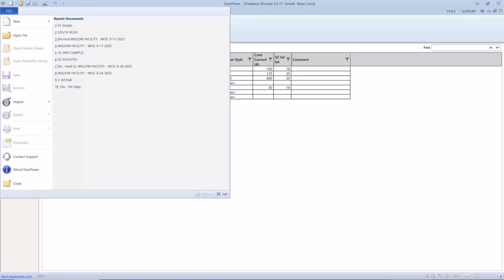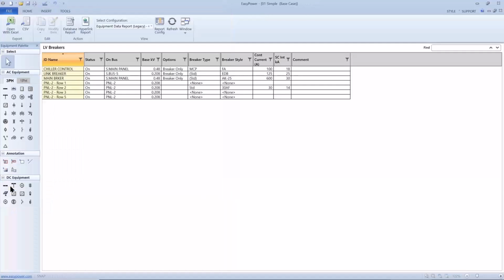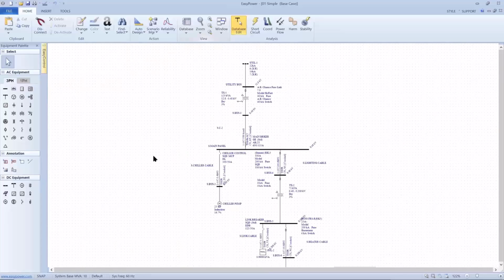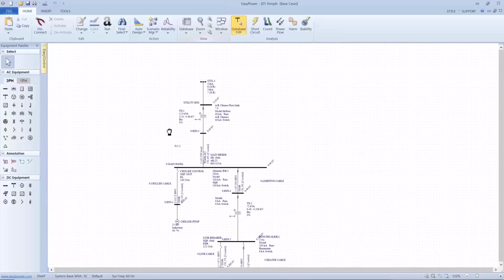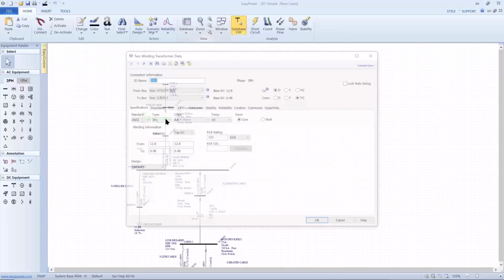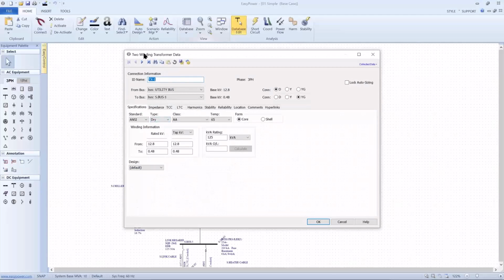Okay, so make sure you have no missing data and you have the facility to confidently look for it. The question about pictures: in every element that has a dialog box, which is virtually everything in the one-line, once I open the dialog box, for instance, for the transformer,